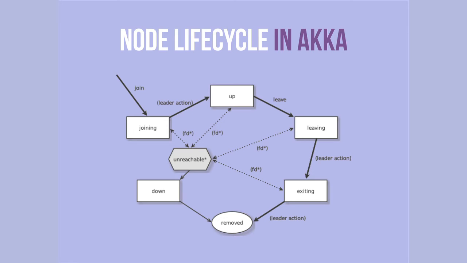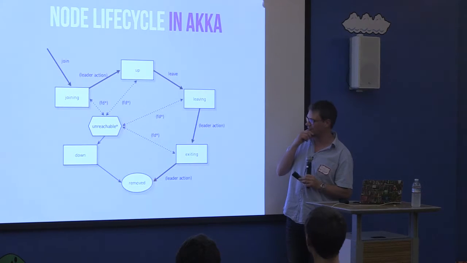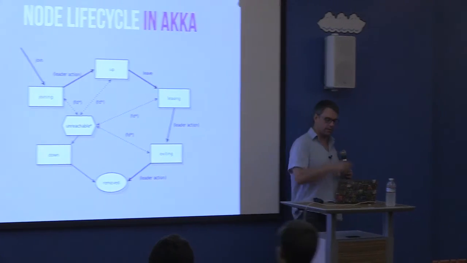So yeah, this is a node lifecycle. I don't know if it's really that interesting, but we have a bunch of stages. The interesting thing I can say though is that the node lifecycle and the data structure we use to represent this is actually a CRDT, but we never thought of that until we started reading up on CRDTs. In a way, we naturally evolved towards a full CRDT by just trying to make sense of something that could work in a distributed environment.